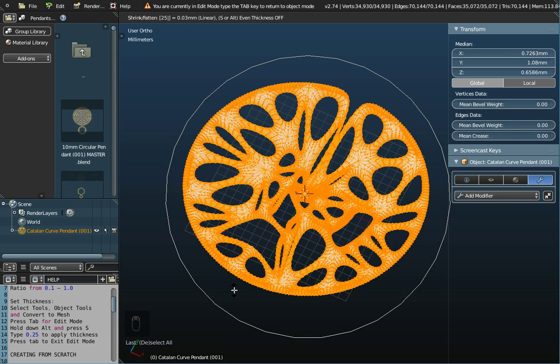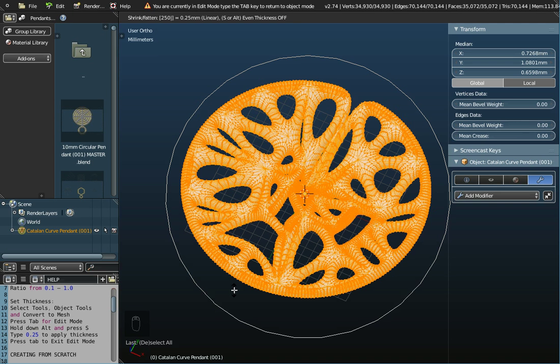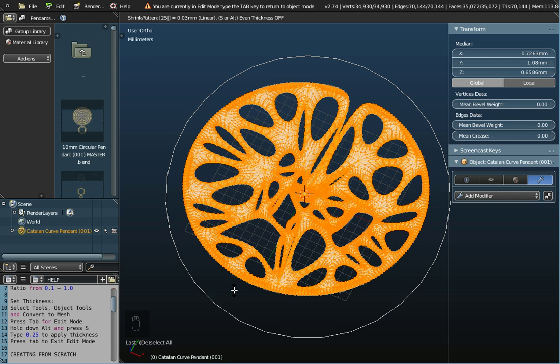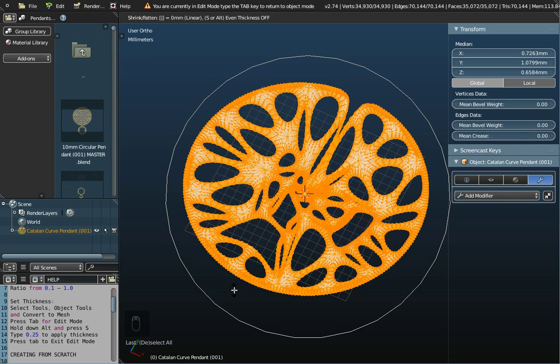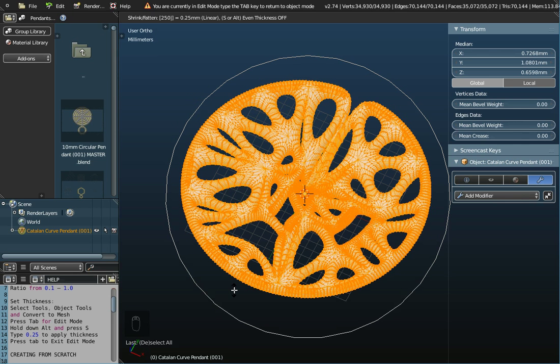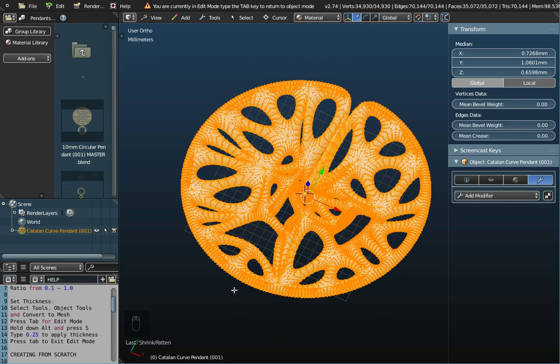I'll just delete the 250, taking it back down to its original size there, and if I type the 250 back in, you'll see it thickens it up. So the bigger this number, so if I type 500 for example, it goes even thicker. Now clearly when you're doing this, you are going to lose some of the detail in your object. Some of the holes will no longer be holes when you thicken it up, but that's something you have to live with, because you've got to make this object thick enough to be 3D